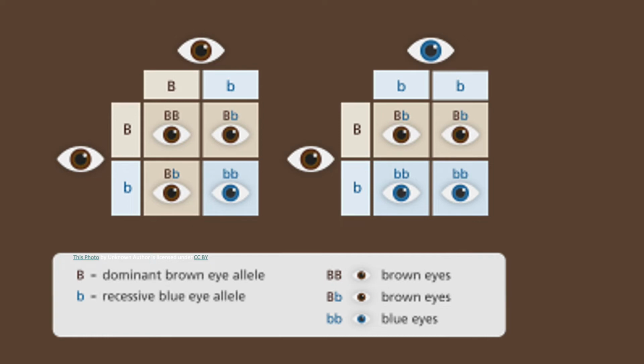Let's think about this very simply with eye color. We know that brown eyes are dominant and blue eyes are recessive. In recessive inheritance, the person must have two recessive alleles, one from each parent. If you look at the eyes on the left, you will notice that both parents had brown eyes, but each carried a blue eye recessive gene. It took both parents donating the blue eye recessive gene to have a blue-eyed baby.